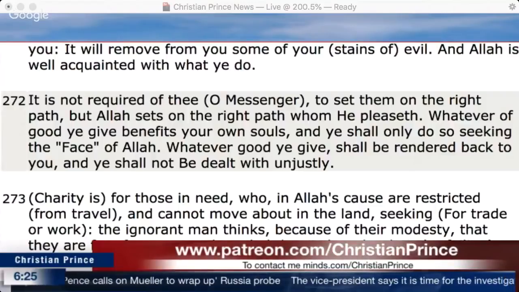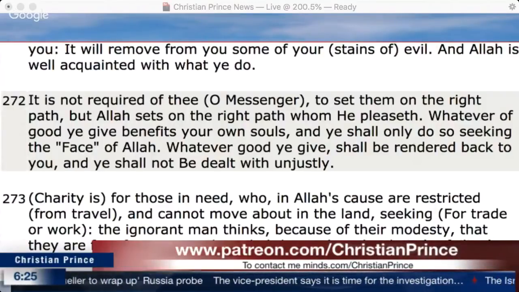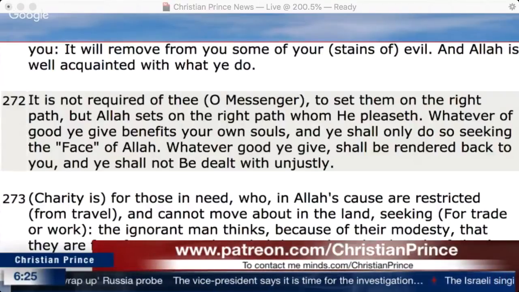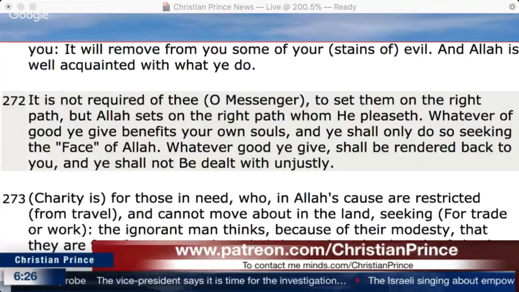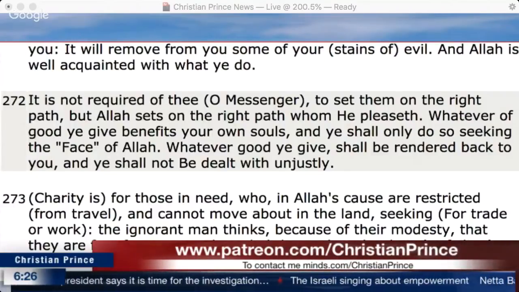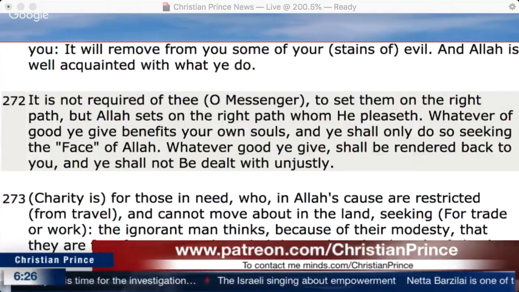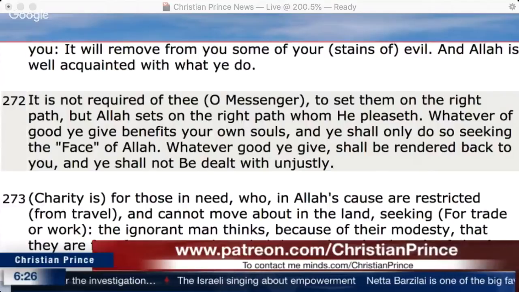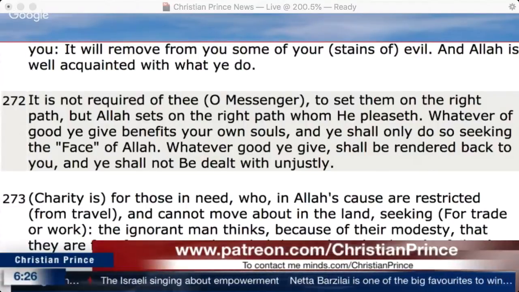Yeah, but Allah here is saying it's not for you, it is I who will guide them. But in different verses Allah says, I am the one who misguides and I am the one who guides. So he's saying here clearly, Muhammad, you are just a guy to deliver a message. That's all, right? Yes, Muhammad is just a delivery guy. So why did he ask him to go and wage war and attack and kill whoever doesn't believe in Allah? Why is he ordering him that?